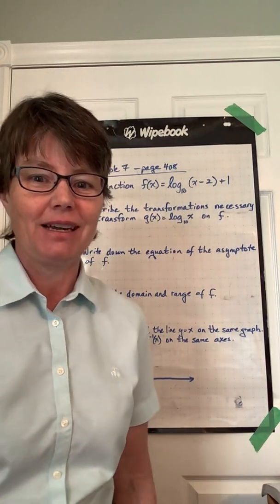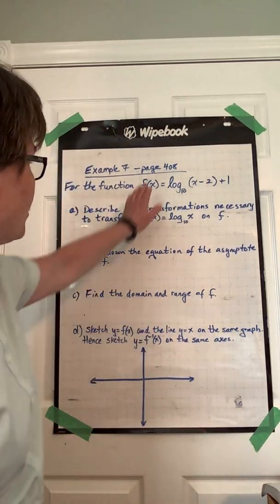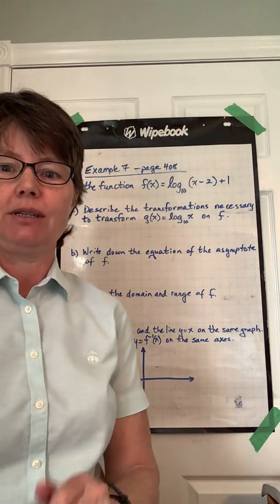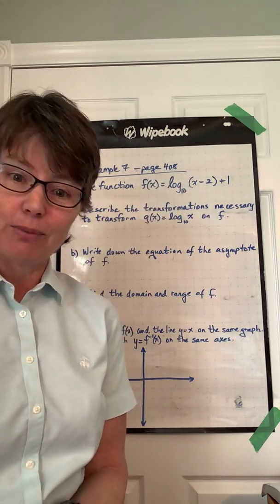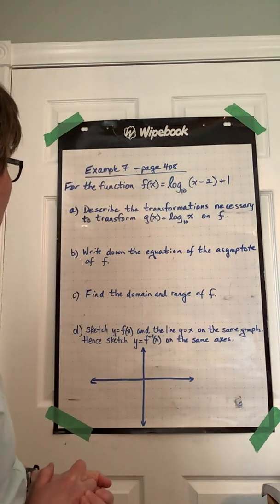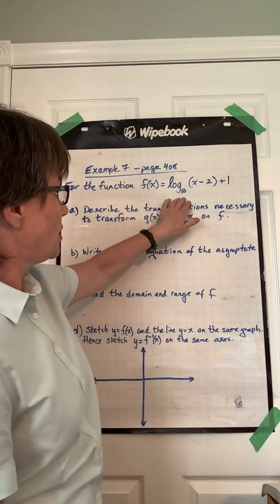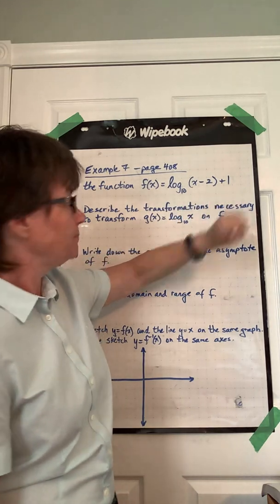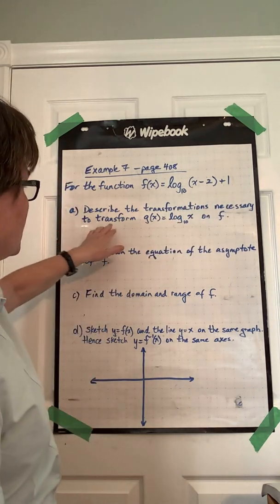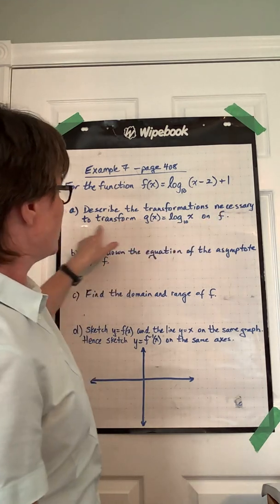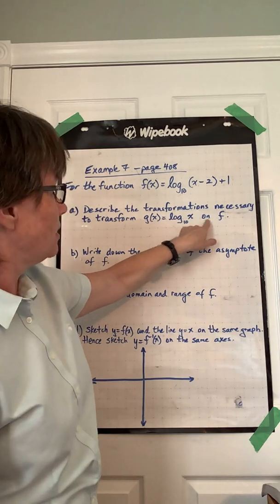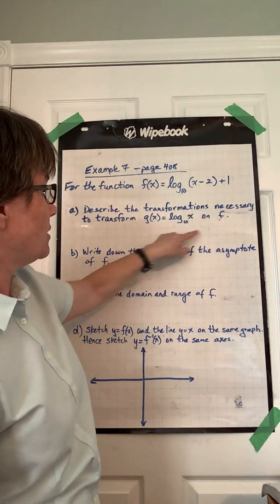Hello class, we're looking at example 7 from page 408 of your textbook. Our first example deals with a logarithmic function and its transformations. For the function f of x equals log base 10 of (x − 2) plus 1, the first question is: describe the transformations necessary to transform g of x, which is log base 10 of x, onto f. So we're moving this function